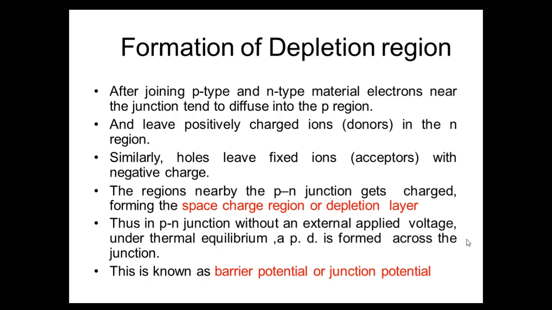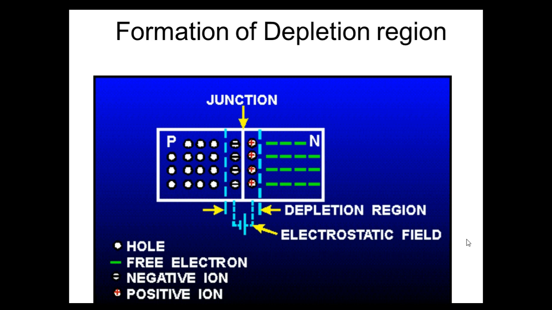As already told, this will be the reason for forming the depletion region. So there will be some acceptors in the p type material and donors in the n type material. Another name for depletion layer is space charge region. And a very important thing, in the depletion region there will be some potential. Why? Because of the presence of negative ions and positive ions. Due to this, some electrostatic field will be formed and it will produce some potential.